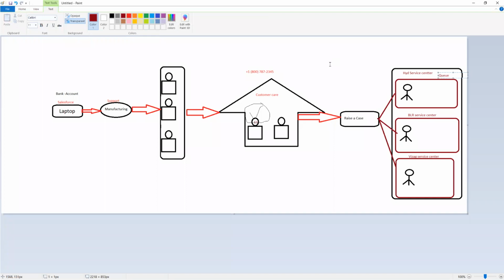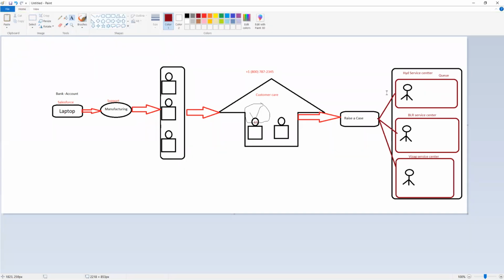Inside this queue, we will have queue members. Possible that the queue will have one member or multiple members. These are the queue members. So I create a queue and I'll give that queue member to this person, instead of this person going directly